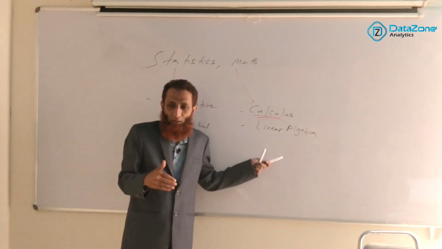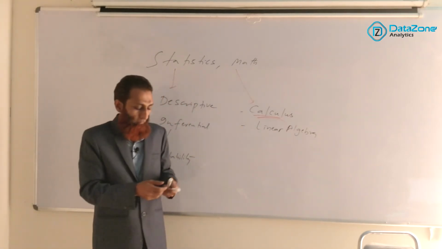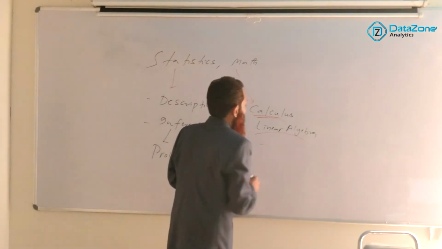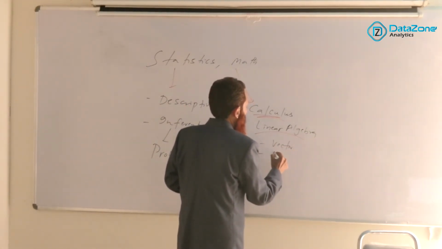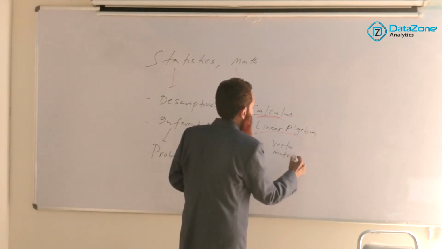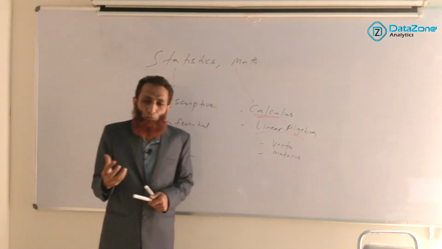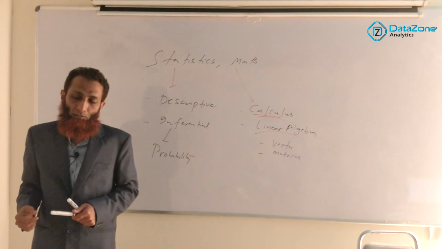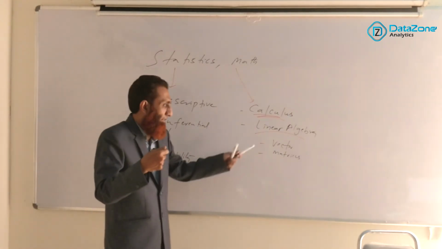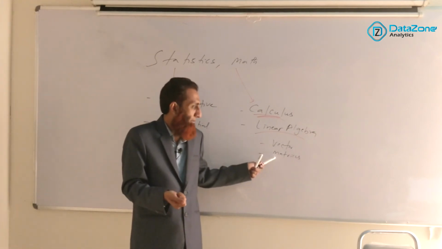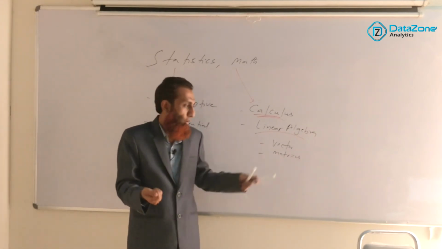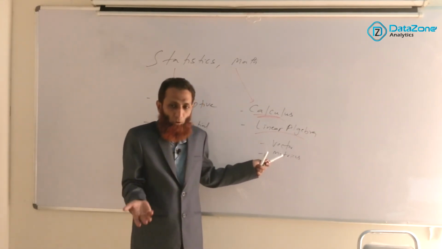Linear algebra, here we are going to deal with the concept called vectors and matrices. Like, how do you deal with numbers? So a vector is a 1D object, one-dimensional object, and a matrix is a two-dimensional object. So they play a very important role actually.